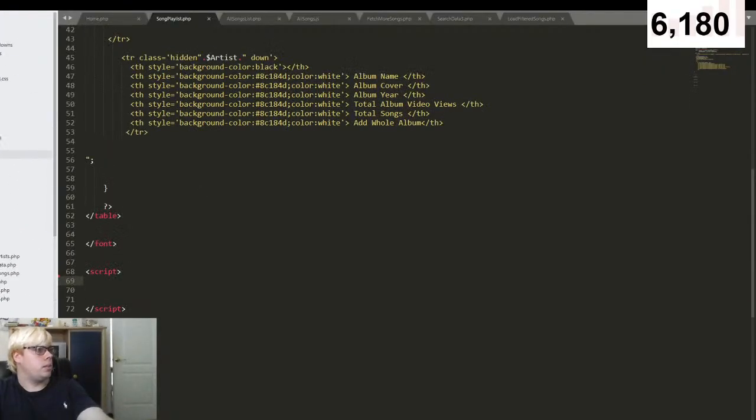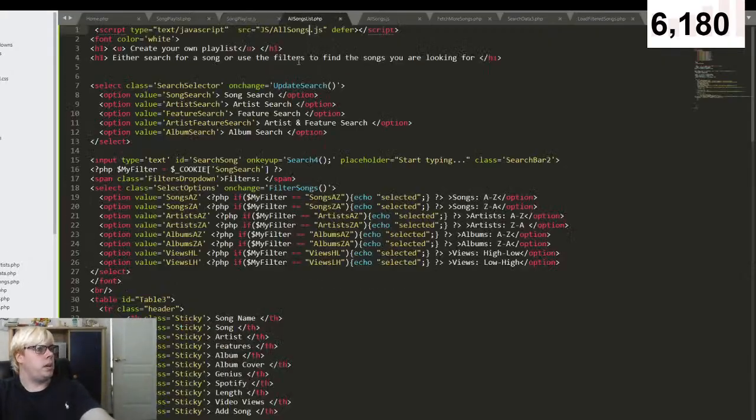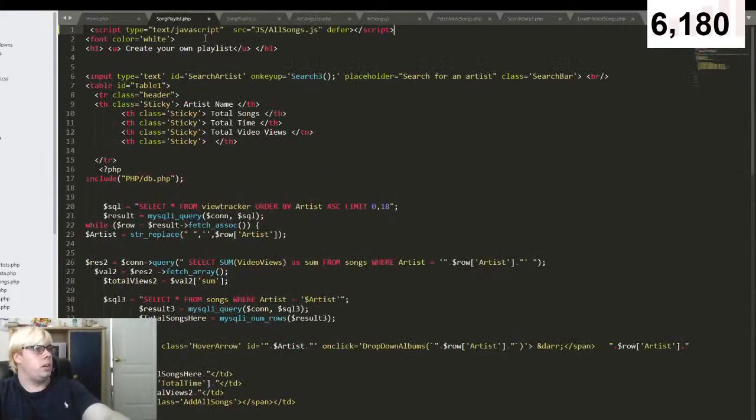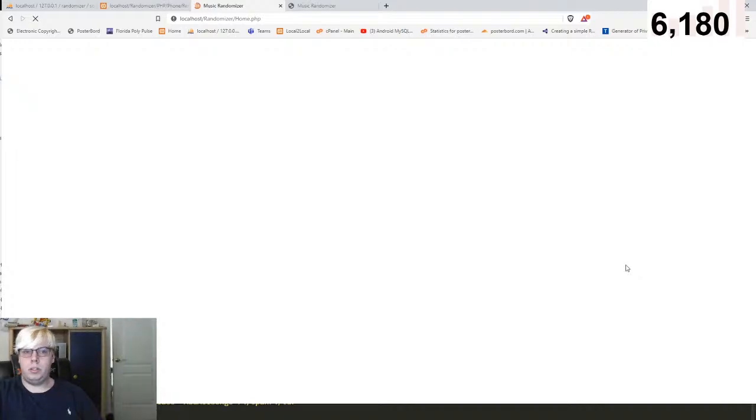So let me make another JS file. And then I think I gotta do the same thing up here. But I don't know if they stay loaded or not. So that's the thing. I think they stay loaded, and if that's the case, then,